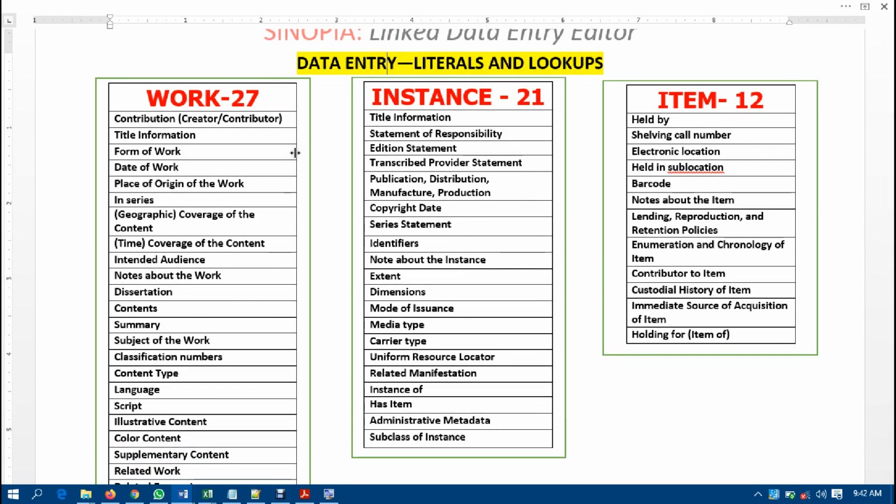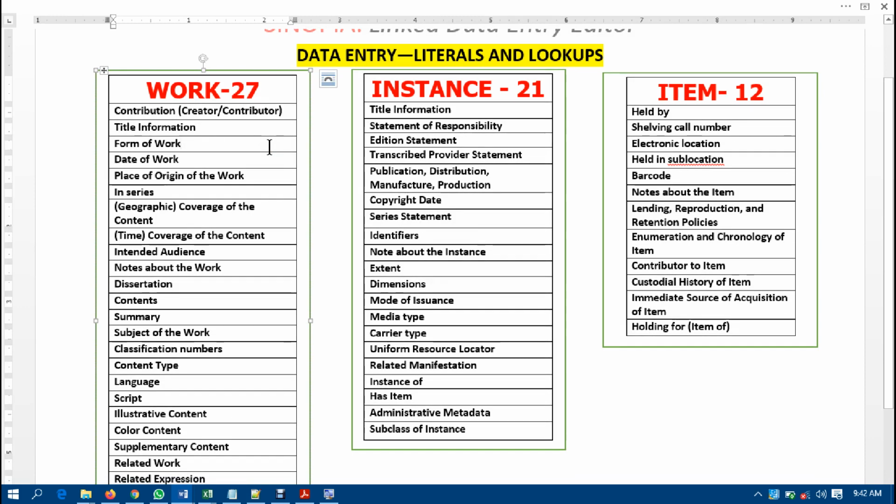Now, I want to also bring your attention to this fact. Some of you that are already familiar with Koha know that in Koha you have MARC 21. In this MARC, as a standard, you have forms. Each form that you open is a template, and within that template there are fields. Field means where you can type something, a column that allows you to type something or to import data into it. It's the same thing with the Sinopia editor.